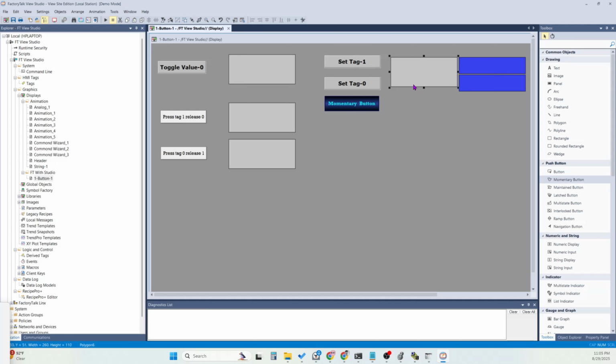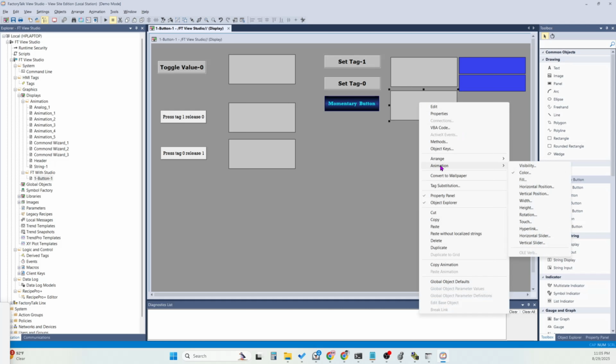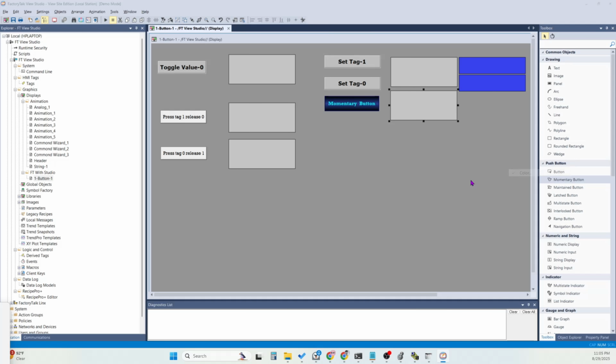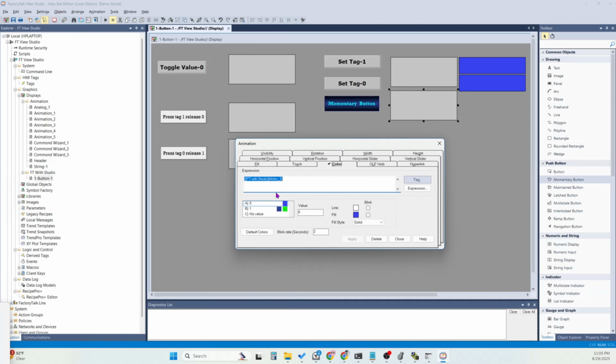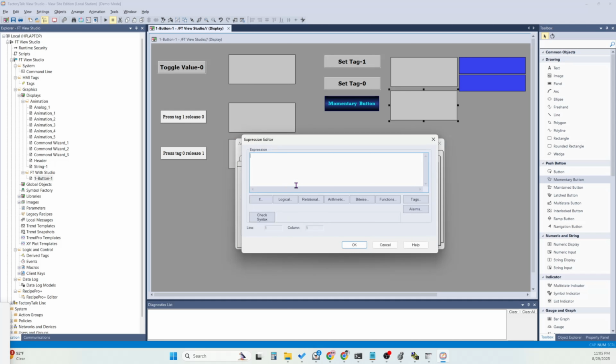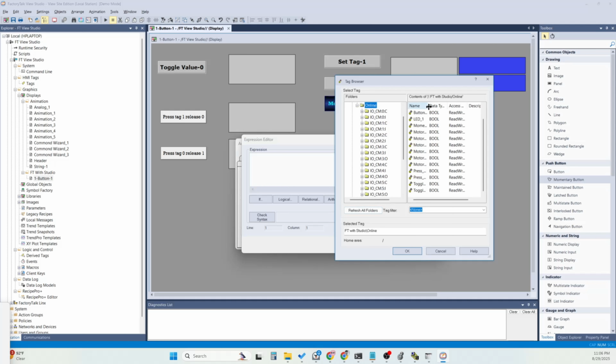Second, color animation. Copy and paste the rectangle, because there's no need to take a rectangle again and again. Align, right click, you need to give color animation, color. You need to select color animation. I took this in a previous video, so I need to delete this tag and click expression, click tag. So which tag